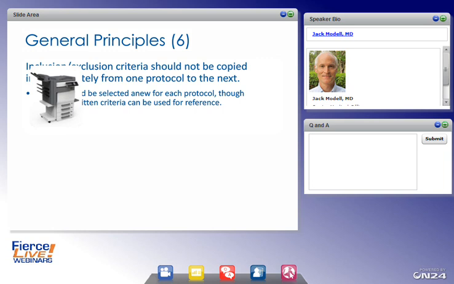So obviously, if you know something really helped, you don't need to change that. But you really do need to consider each protocol anew. Conversely, I've also seen, well, the last study didn't work, so we have to change everything. And again, there are lots of reasons why studies don't work, so be careful about that. Even in duplicate studies that are done subsequently, if you have one study done in 2012 and your next study is being done this year or next, things change. You've learned new things, the environment changes, regulations change,